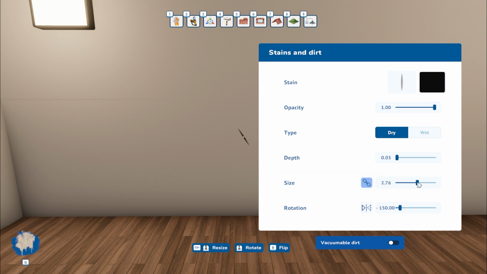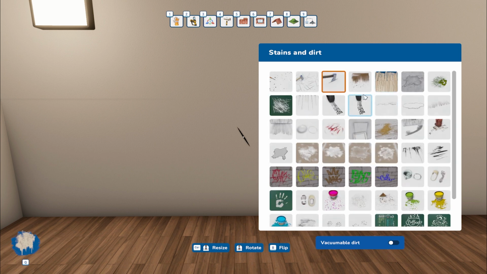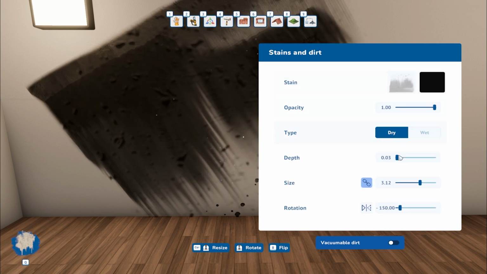We can make the size bigger. There we go. I'm sure if you really wanted to, you probably could use this to create like a cat's eye or something. Yeah. So then we have this one,